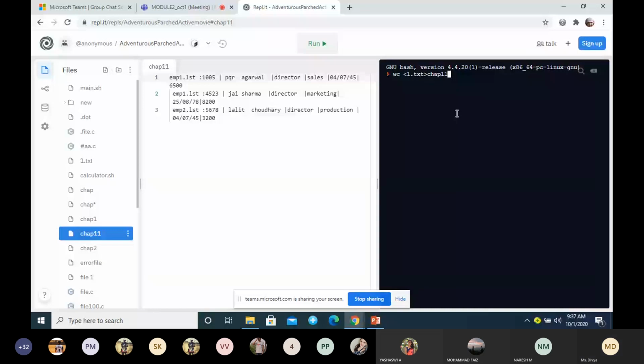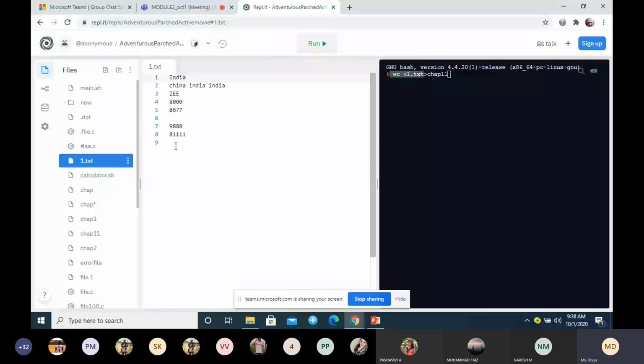Is the less than symbol for input or output? Input. So you are taking the input from the file 1.txt for the wc command.